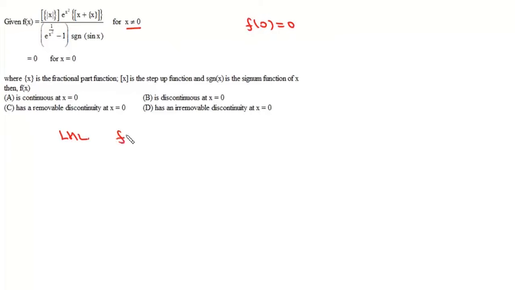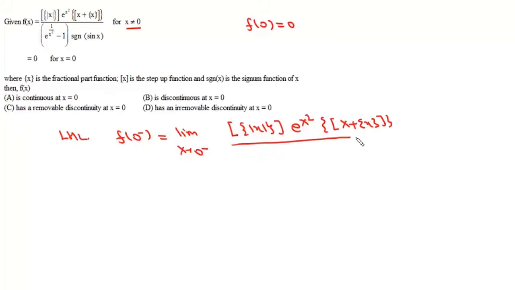Now left hand limit will be f(0 negative), and will be this limit: x tends to 0 negative, and then greatest integer function of fractional part of mod x into e to the power x square, fractional part of greatest integer function of x plus fractional part of x, upon e to the power of 1 upon x square minus 1, into signum